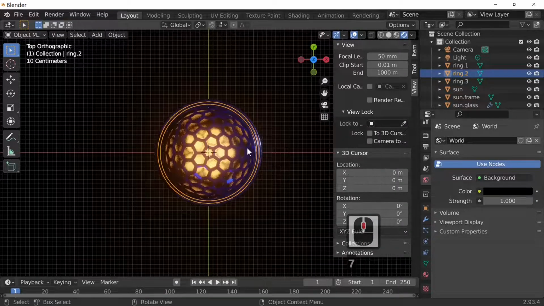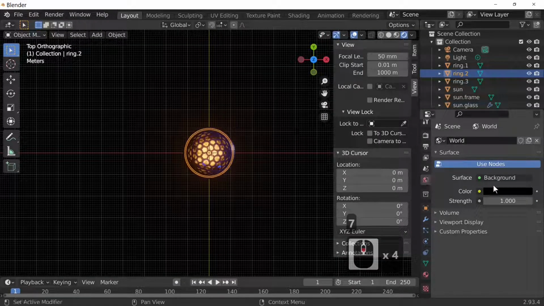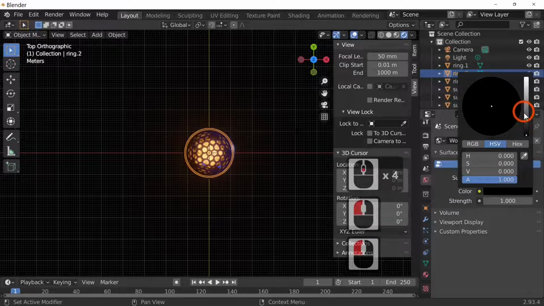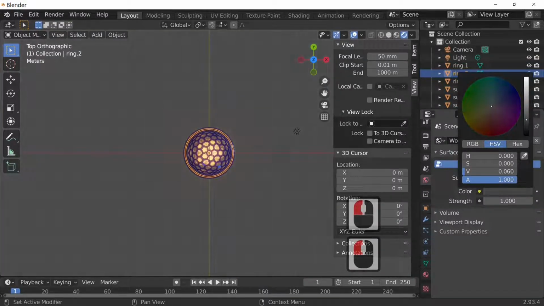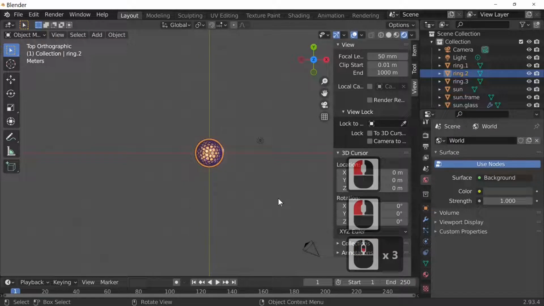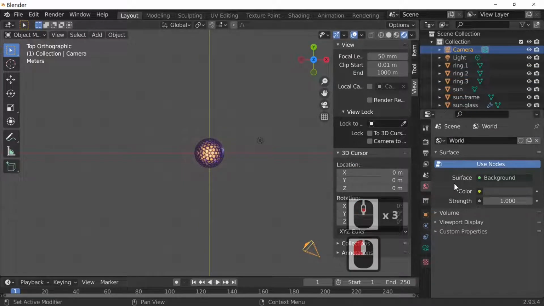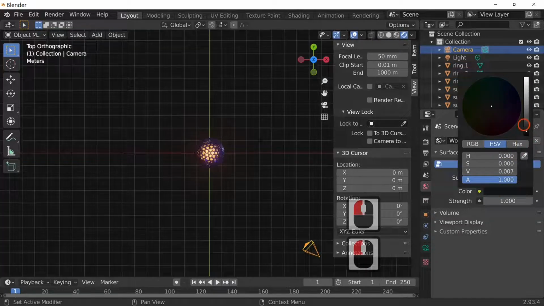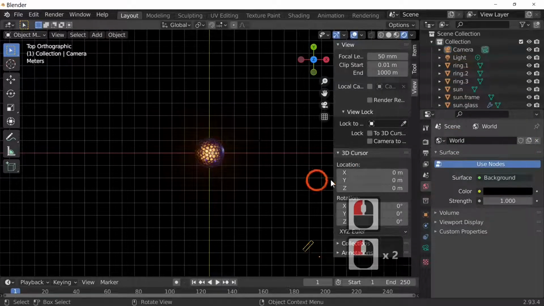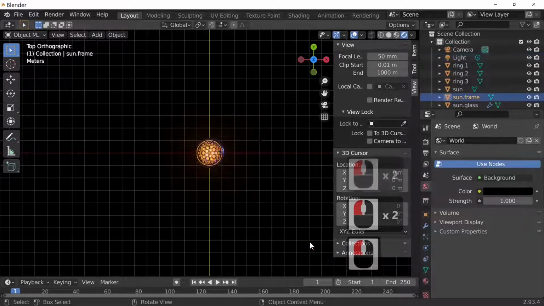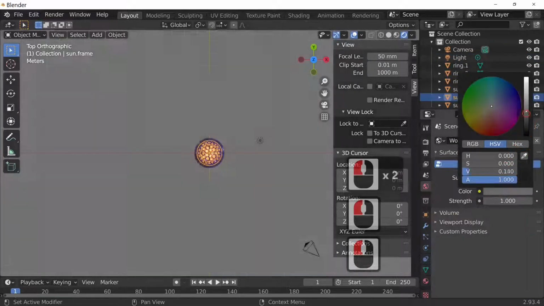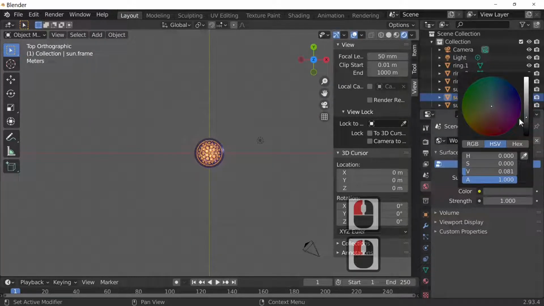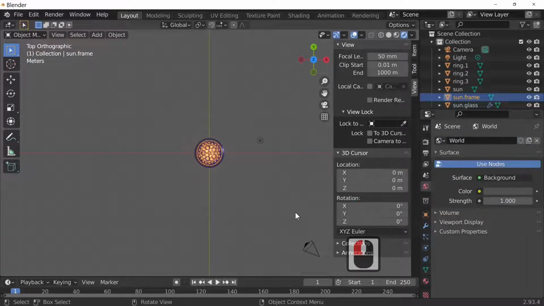If we press our 7 key and look from the top, I'm just going to change this colour back up to a lighter colour, which just means that we can see our camera, which is black. So if you've set this to black, you don't see your camera because it sort of vanishes. As you can see, it's vanished more or less. So at the minute I will turn it black just before I render, but just so we can see things.